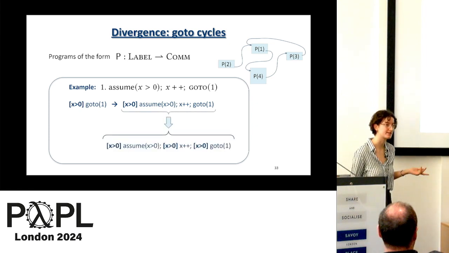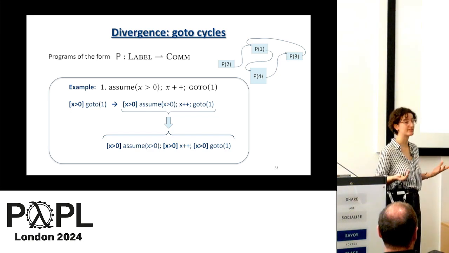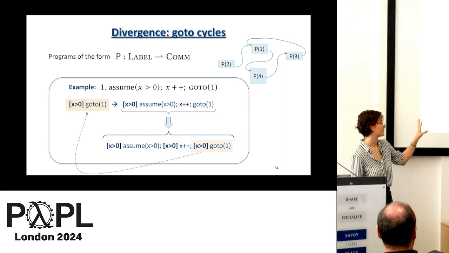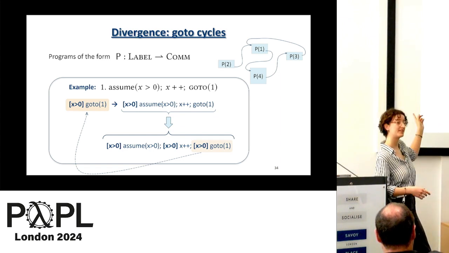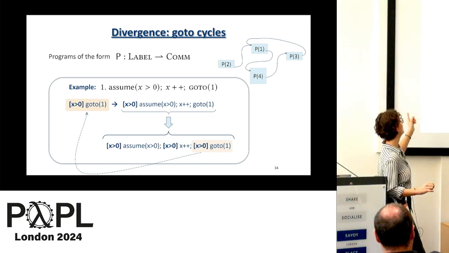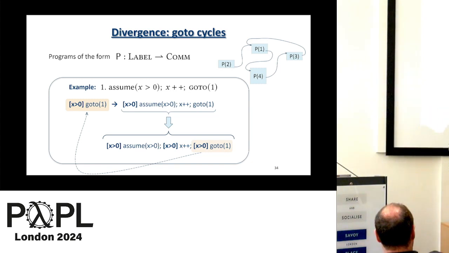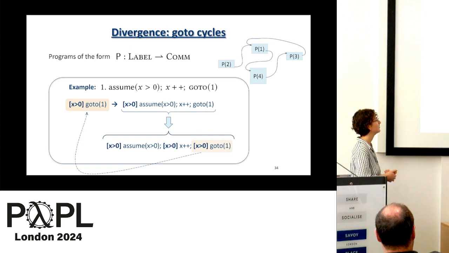We assume it's positive, well, it's still positive, and if we increment the positive x, it is of course still positive. And now we're in the state where we say our assertion is x is positive, and we want to execute go to 1, but we look back into the history of what we've done before, and we've been in this exact place before, so that means we can just go back to the start and execute the same thing again, and we can do that again and again and again ad infinitum, leading to divergence.